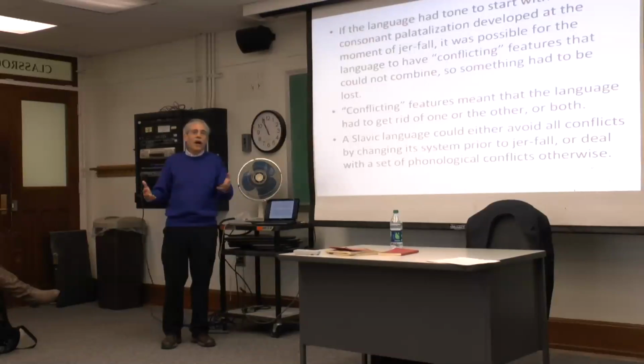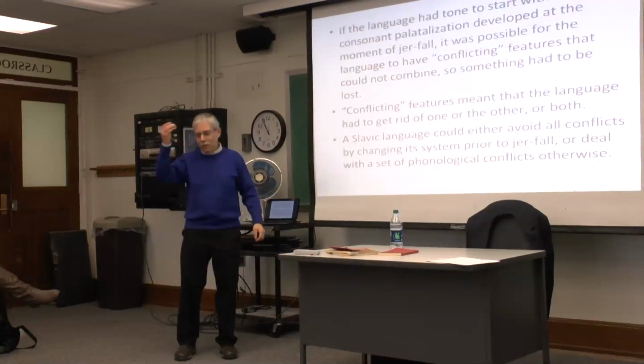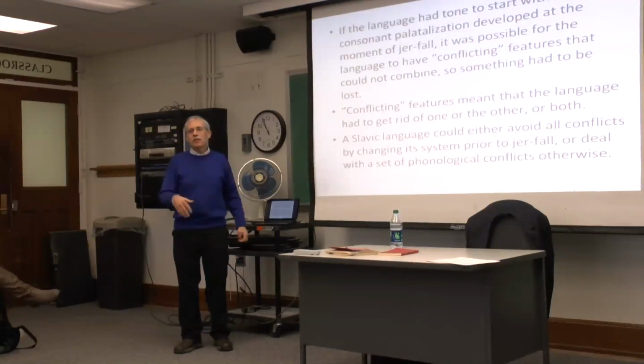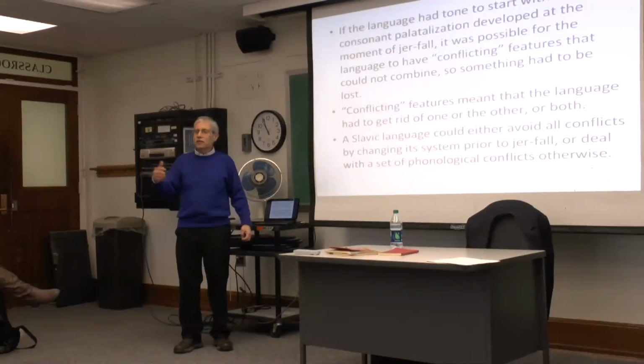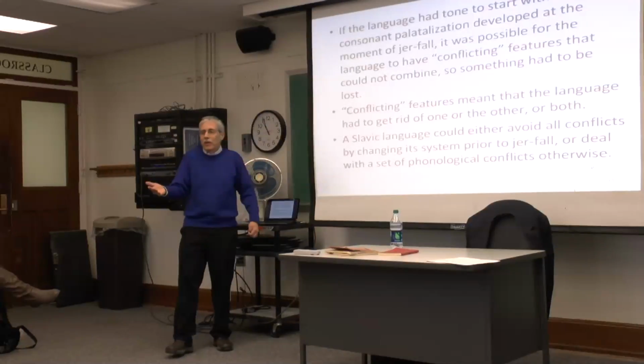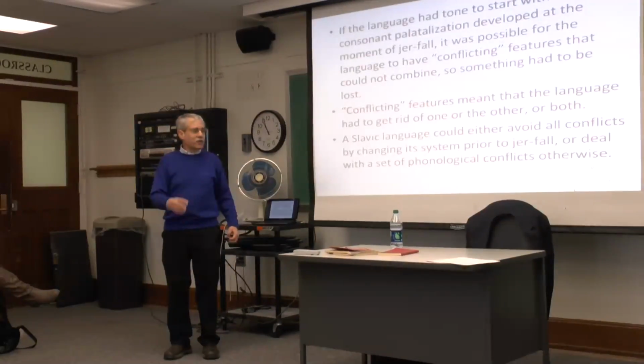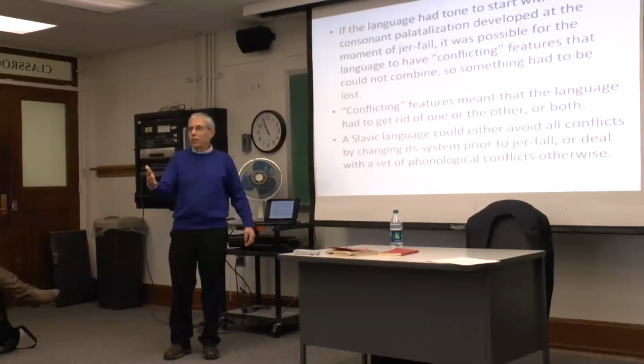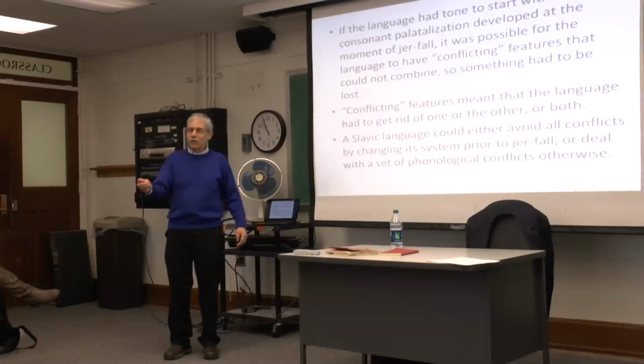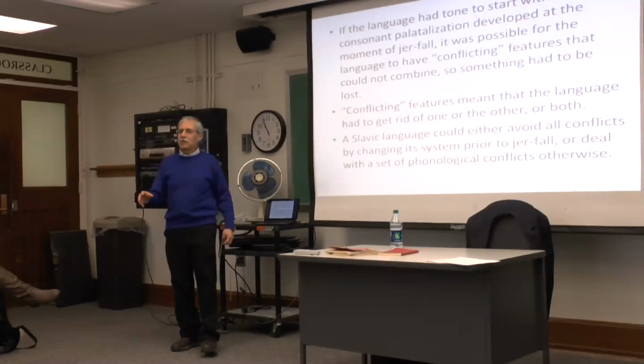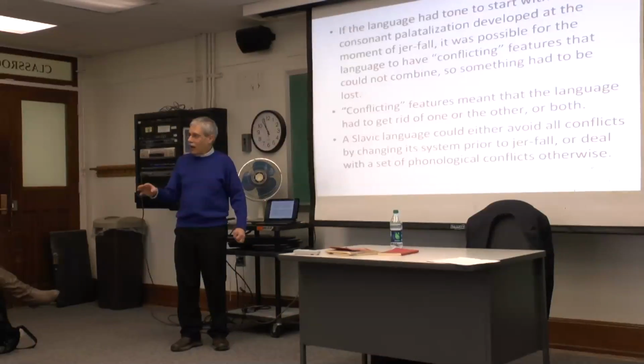I have a feeling, my own, what I just sort of thought about, was that there may be these types of features all over the place in lots of different languages. And many times, in fact, Jakobson's theory would be that any time something changes, there's some kind of conflict going on, whether we realize it or not. But it's the linguist's job. This may be the most important lesson to learn out of this, not the specifics of Slavic, but that language changes often are due to various conflicts of things that don't normally occur together.